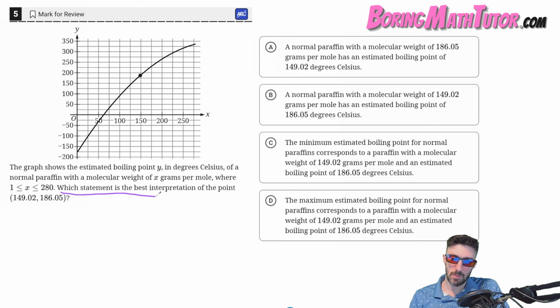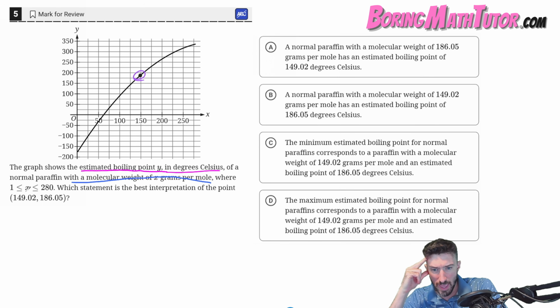They're asking us which statement is the best interpretation of the point 149, 186, and they put us right there, and they said that the graph shows the estimated boiling point Y in degrees Celsius of a normal paraffin with a molecular weight of X grams per mole. So X in this case is the 149 grams per mole, and the Y is the